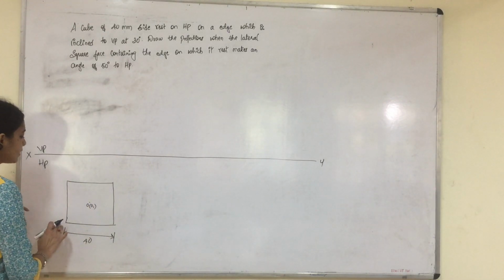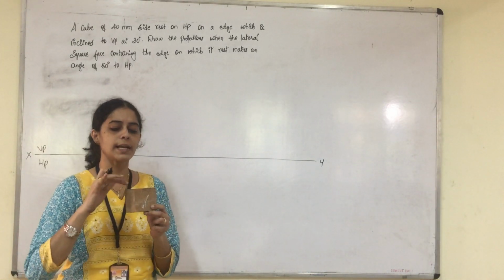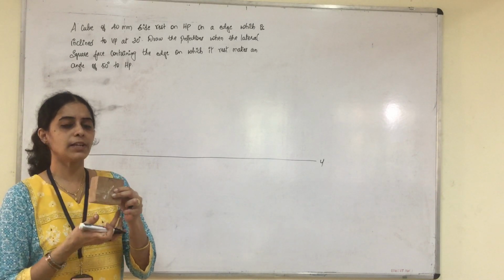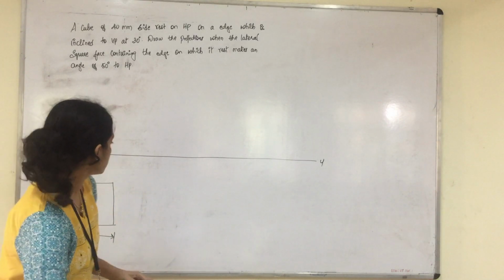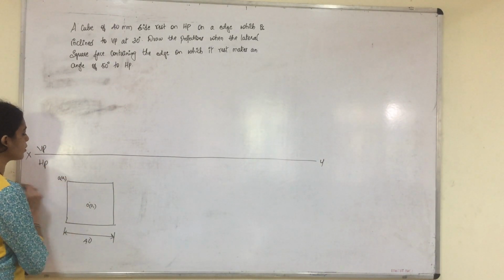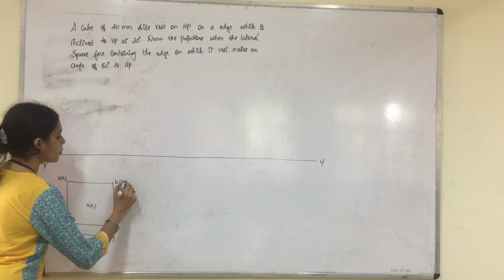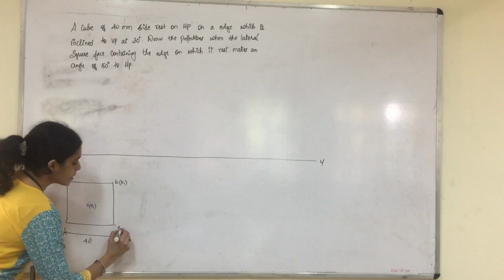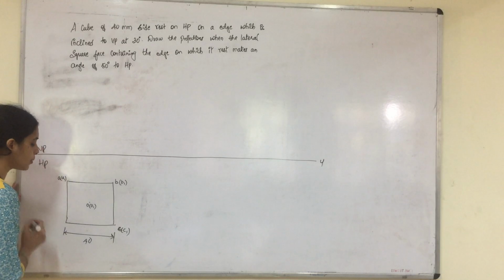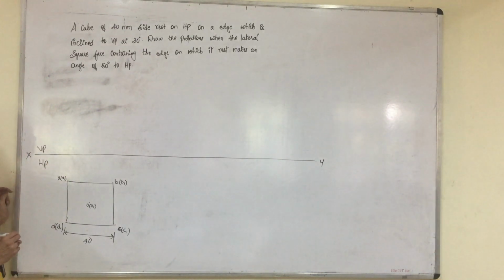And again, while writing the naming for the corner of the square, I told you that if we consider A, B, C and D as the naming for the top surface, this will be visible. A1, B1, C1, D1 will not be visible. So you will write A for the top surface, A1 for the bottom surface, which will be hidden within the bracket. Similarly, B of the top surface, B1 of the bottom surface, which will be hidden. C of the top surface and C1 of the bottom surface, which will be hidden. D of the top surface and D1 of the bottom surface, which will be hidden.